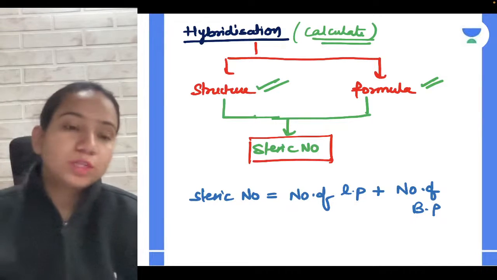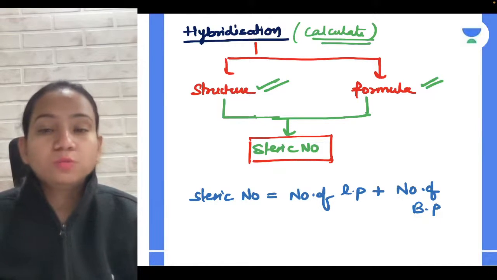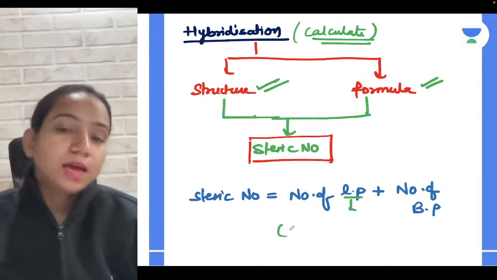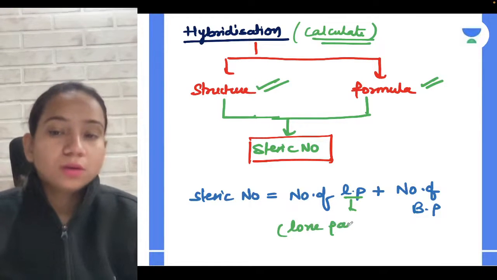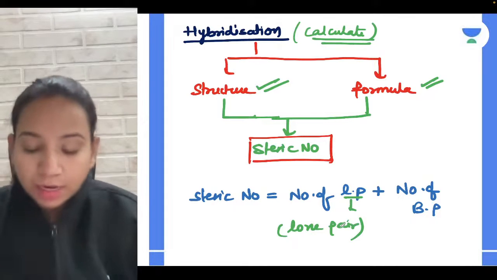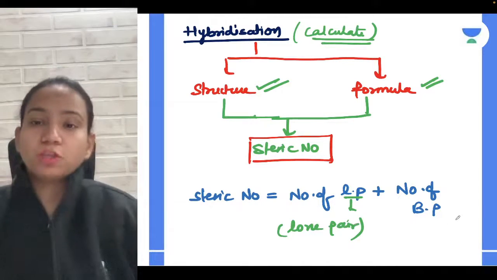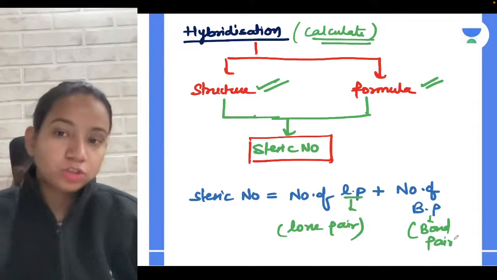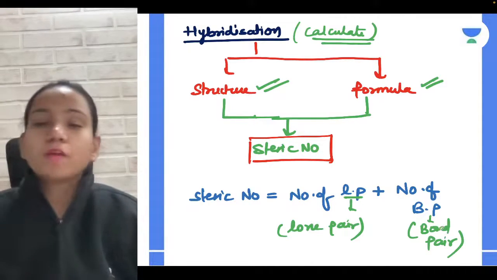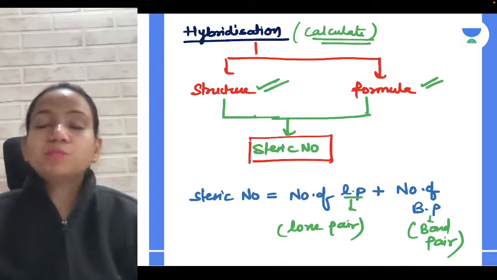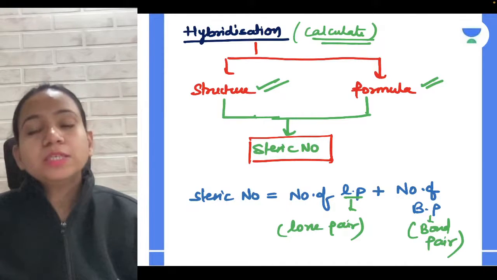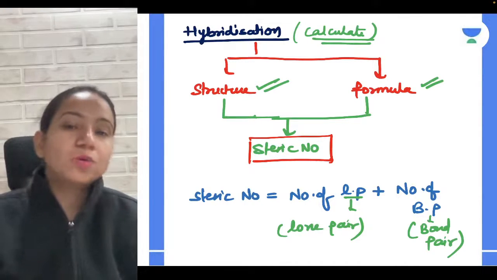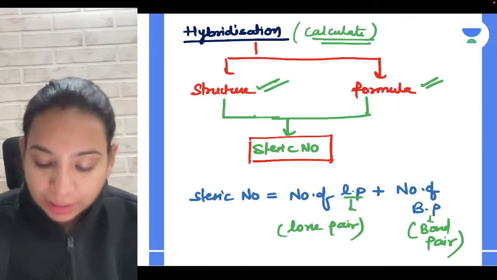I hope everyone knows the meaning of lone pair and bond pair. Lone pair, as the name itself says, lone, right? So lone pair means the electrons which don't participate in bond formation, while bond pair means the electrons which participate in bond formation. Very good. So steric number is important for both. Let's first discuss how you'll find it with the help of a structure. And yeah,